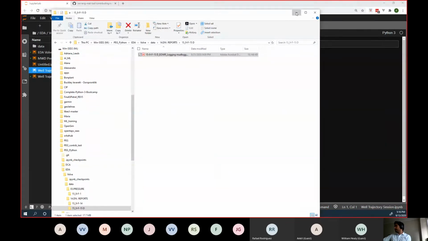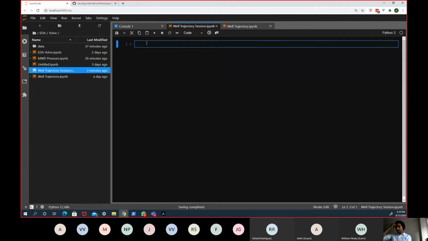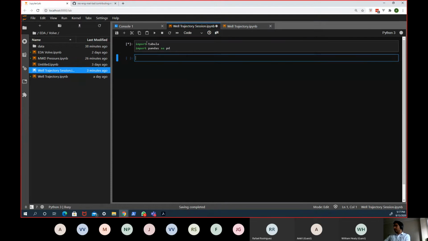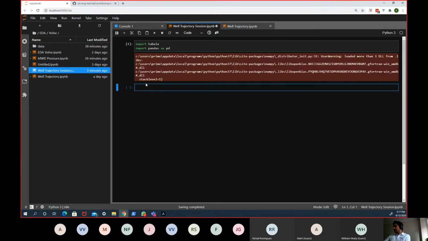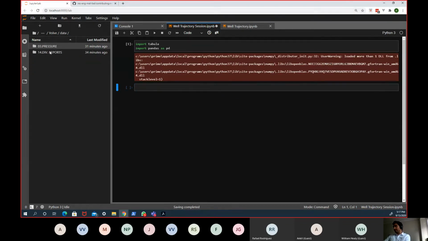So for this, I was using a PDF reader, and the library is called Tabula, and I'll show you what Tabula can do. Let me import Tabula first, and I'm also going to import Pandas as pd. And so let's have a look. I would like to get, and I put all the information in data, div report, and I'm going to go into this particular folder. So just let me copy that path. So my file